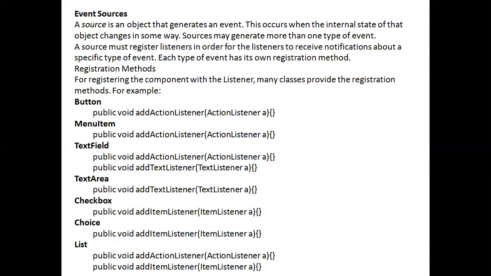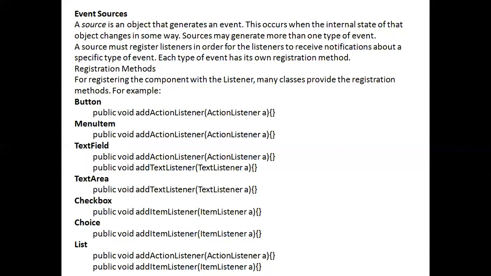For example, Button: public void addActionListener, with the parameter ActionListener e. MenuItem also comes under the addActionListener interface. TextField: public void addTextListener. TextArea: public void addTextListener. These are all the methods that are used when we register with the listener interfaces.